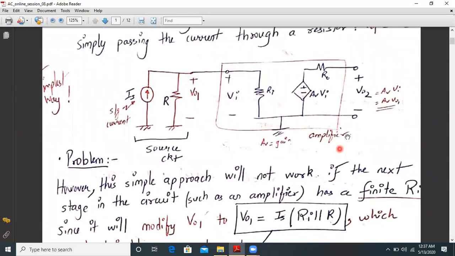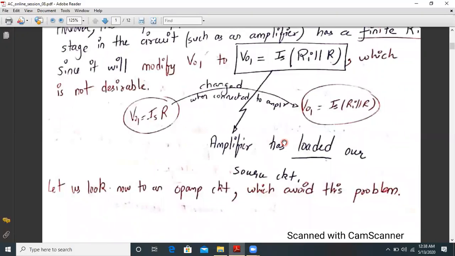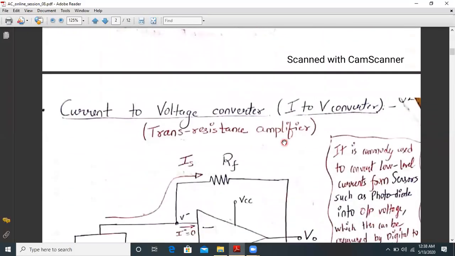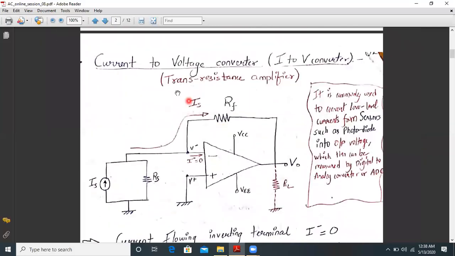That is why we don't follow this technique. So we will look out for some circuitry which will have a very high input impedance, and that circuit is of op-amp. So let us see how the op-amp will solve this problem. This is a simple current to voltage converter. It is also called an I to V converter. It is also called a trans-resistance amplifier. Let me make it a little clear to you.